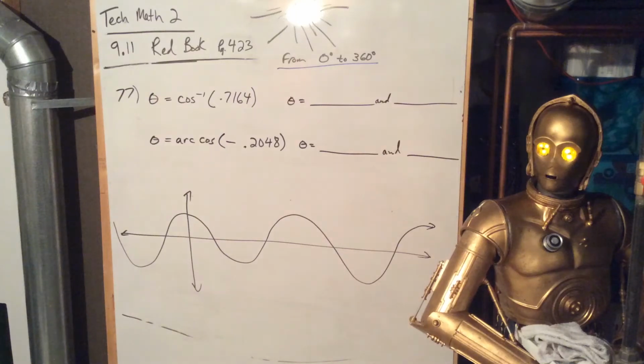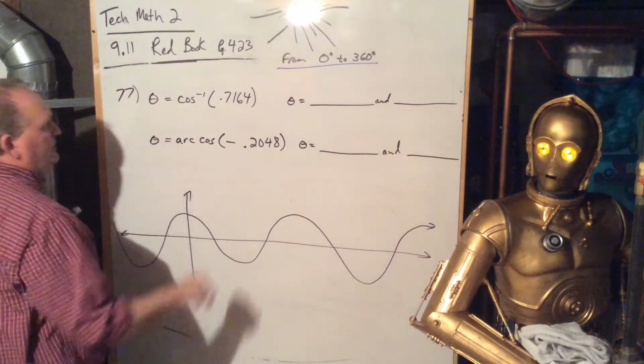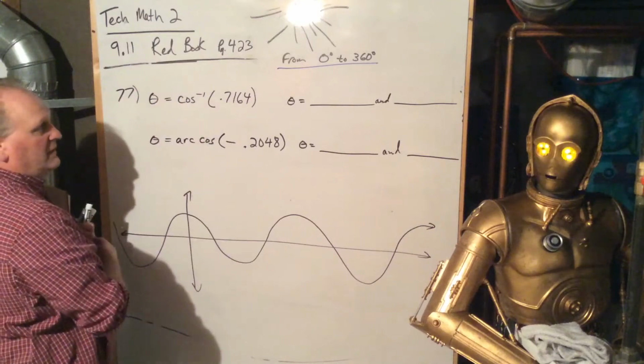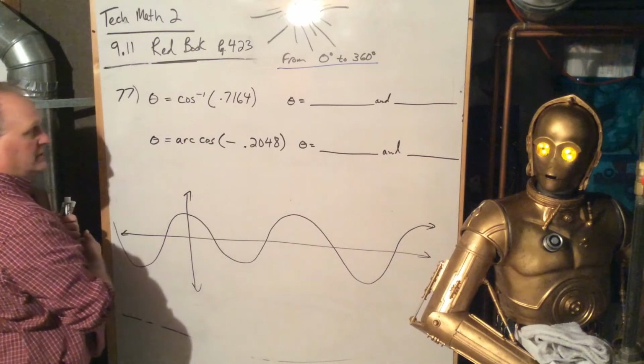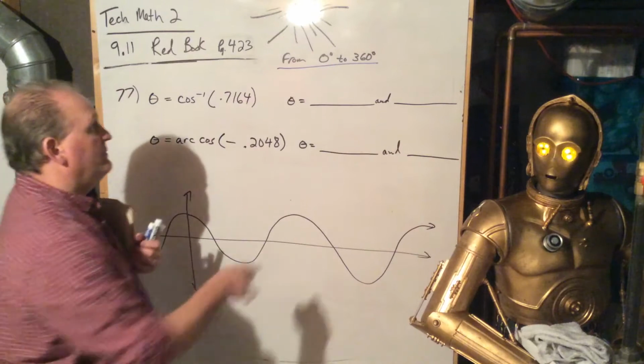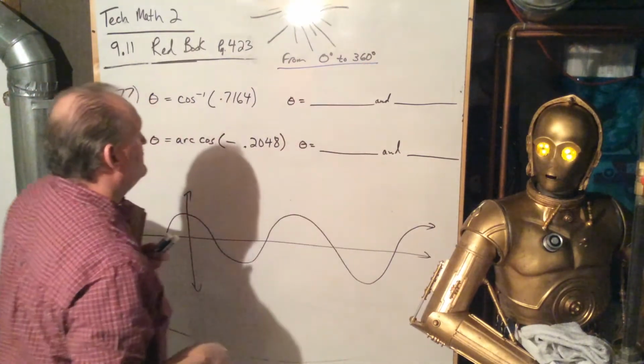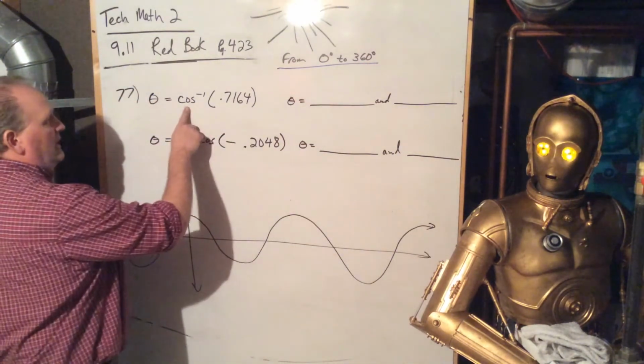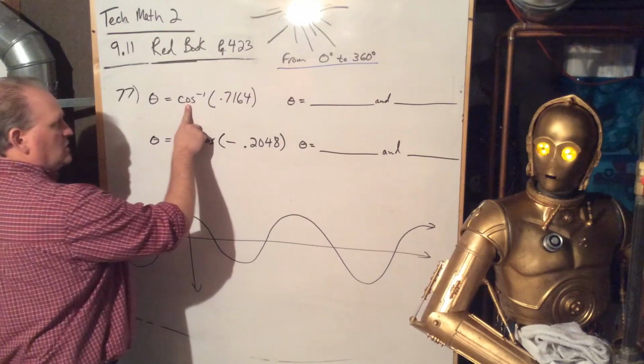Okay, Tech Math 2, 9.11 out of the Red Book, page 423. We're looking at the cosine curve. We're going from 0 to 360, only 0 to 360. So they want to know, hey, when is the arc cosine